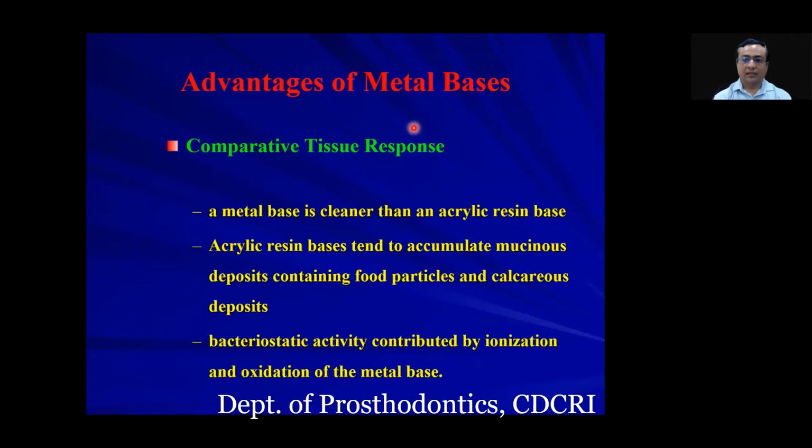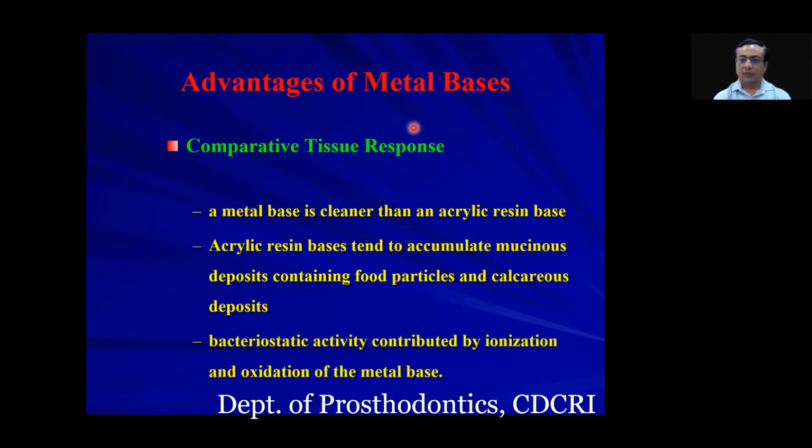So what happens? Acrylic denture bases can easily absorb water and oral fluids by a process known as water striction. Also, if the patient is not maintaining hygiene, then plaque accumulation, even calculus accumulation, can easily occur on an acrylic denture base. But it will not easily occur on the metal denture base because they are very dense. There is no scope for any attachment. Also, the polish of the metal is better as compared to the acrylic.